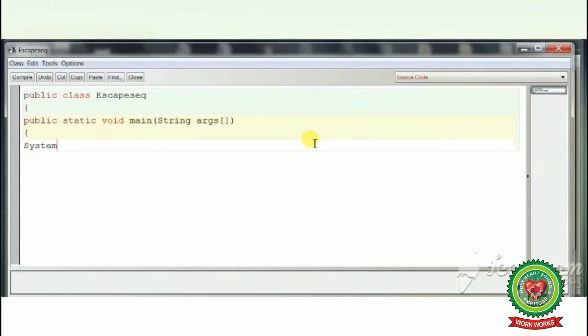Now we will have to print a message on the screen, so we will write System.out.println to print the message on the screen, and ln means next line. Now round bracket start, double quote start. Firstly we will use the escape sequence enter, meaning \n. \n is used to move to the next line.